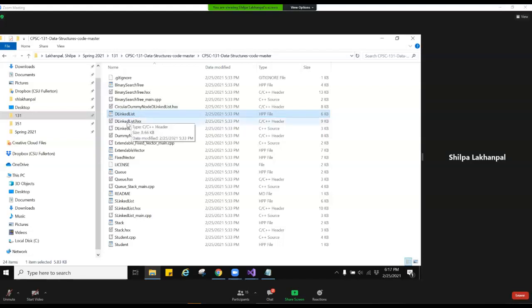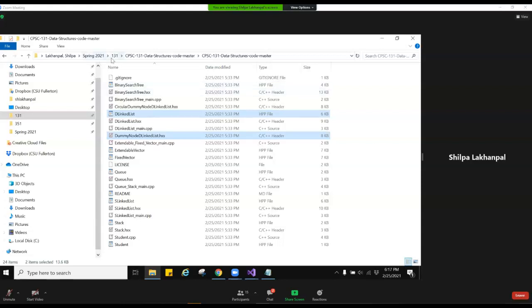This is a regular d-linked list HXX, and this is a dummy node HXX. So we will copy the HTTP, that is the d-linked list, and then the dummy node HXX, both of these we will copy,